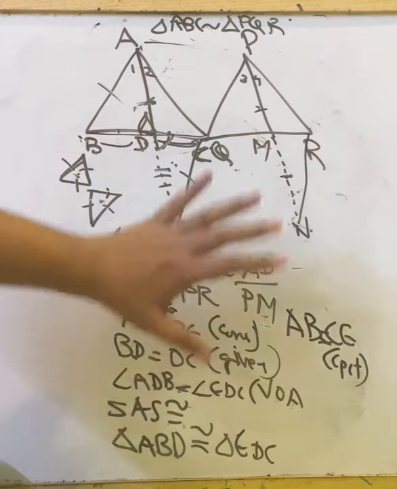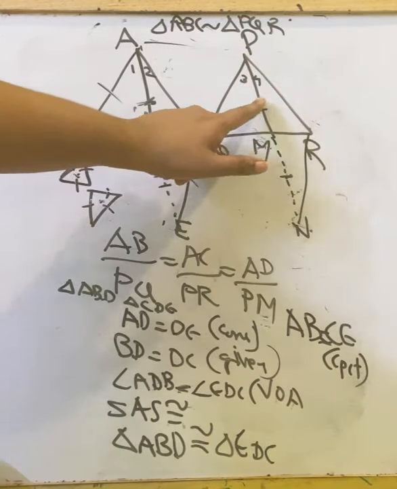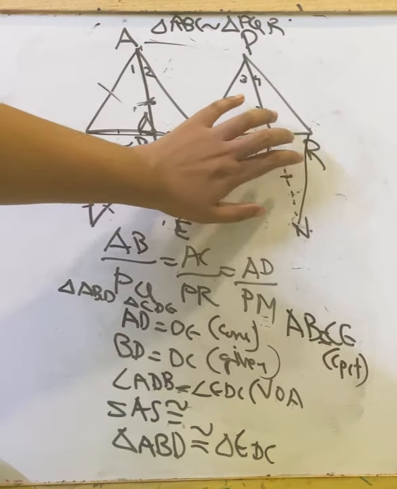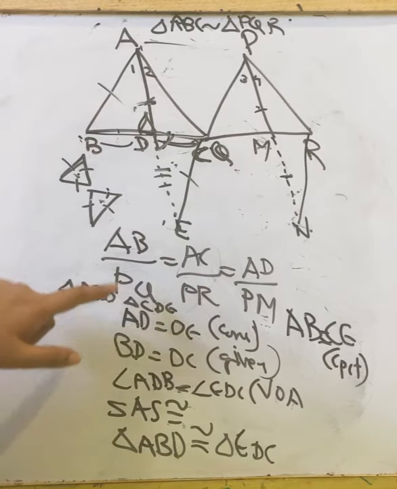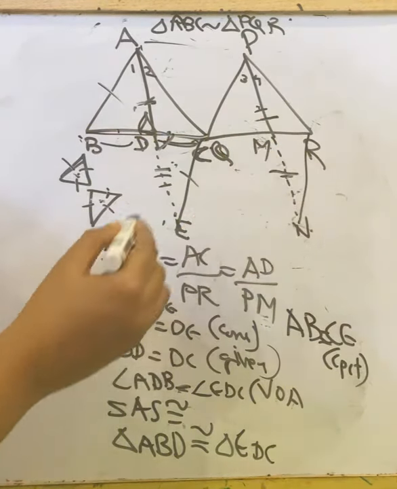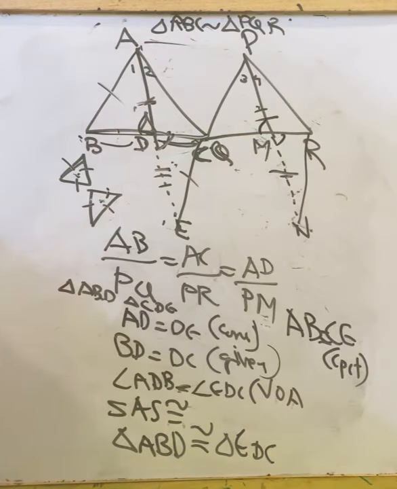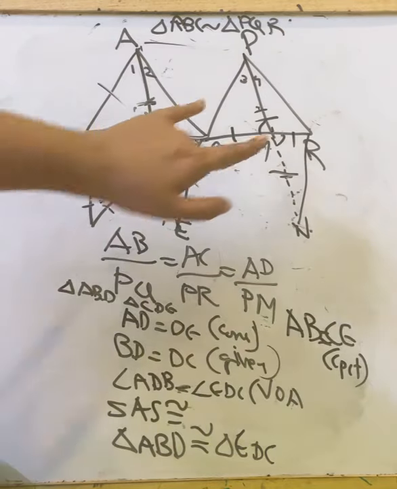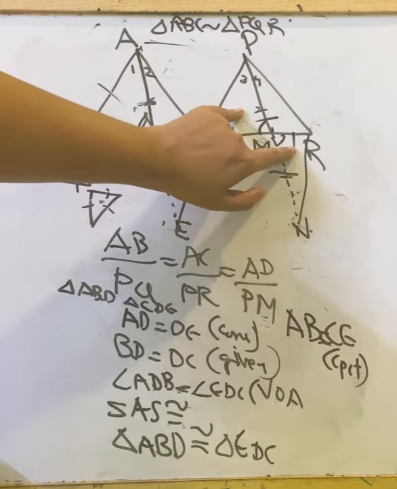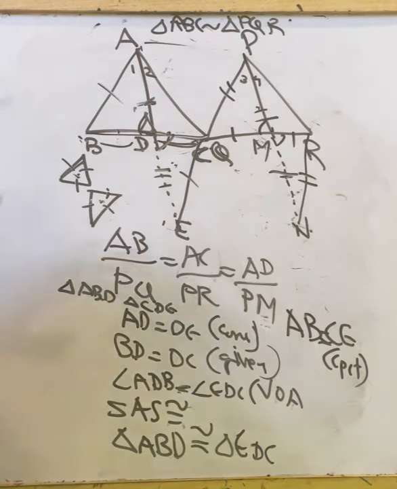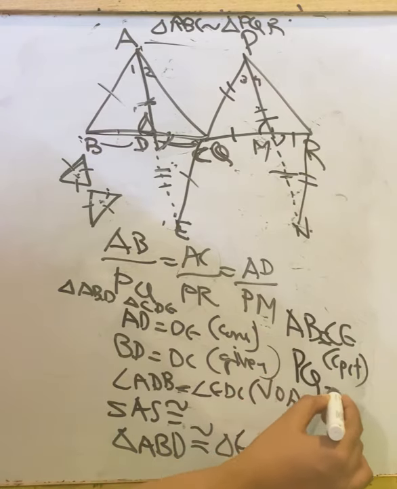Now similarly here we constructed these two lengths equal. As we did in this triangle, we are going to do the same here too. That is, in these two triangles, this length is equal. Here we have vertically opposite angles and this is a median, so these sides are equal. So these two triangles are congruent. Then we can say PQ equal to NR. The same steps here too. So PQ equal to NR.